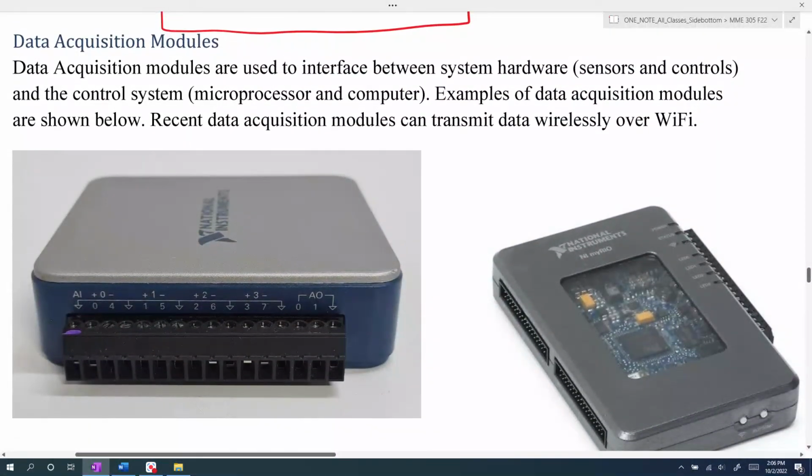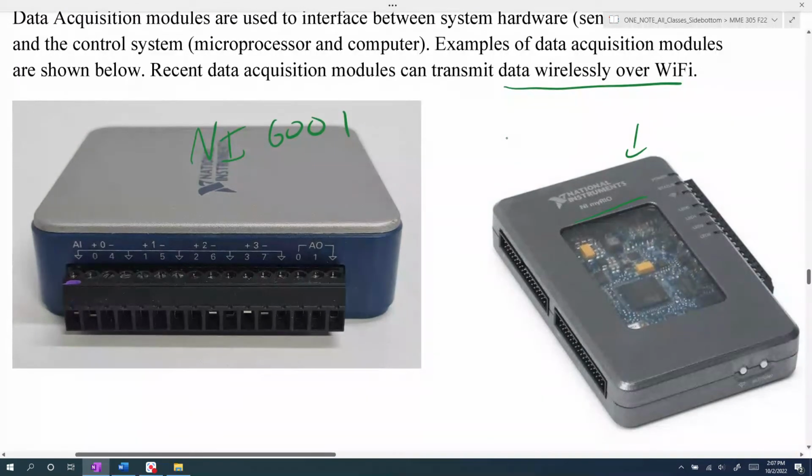So typically our data acquisition modules, these are some examples. This is the board that you all have. This is the NI 6001, and then this is an alternate version of that board from National Instruments, called a myRIO, and that is kind of neat because you can actually transmit data wirelessly over Wi-Fi. But most devices typically are still wired and connected